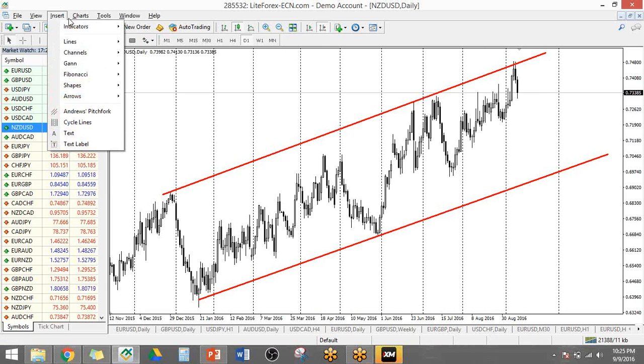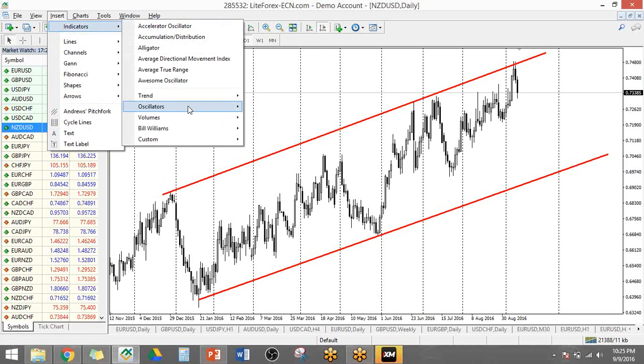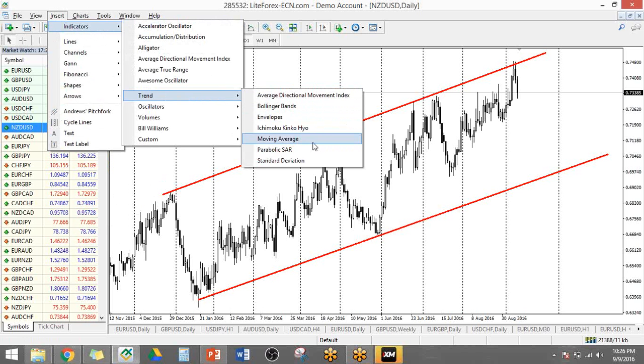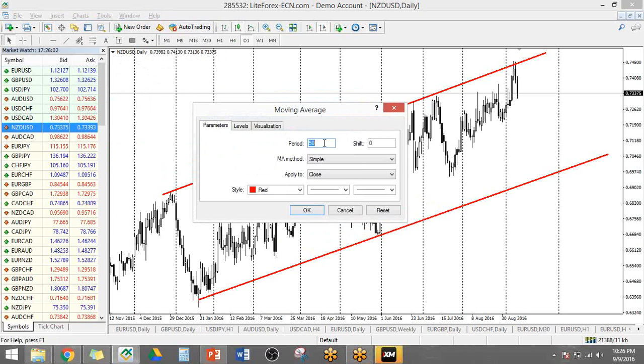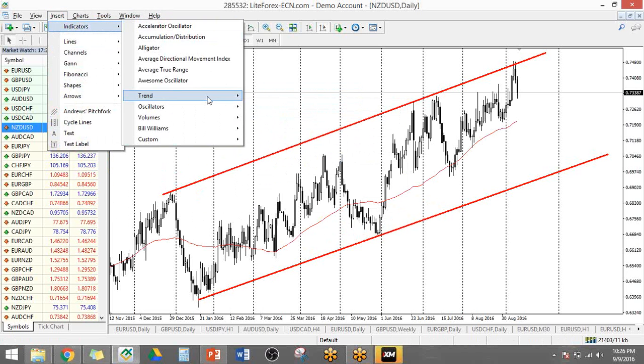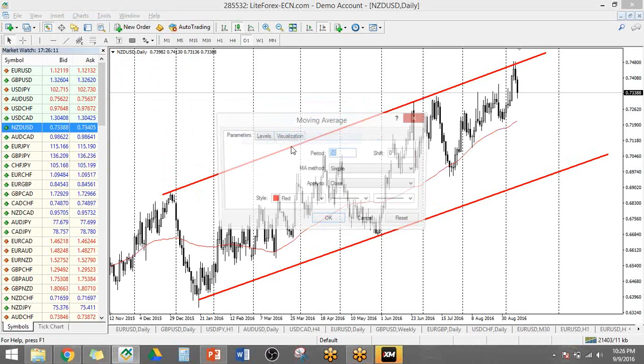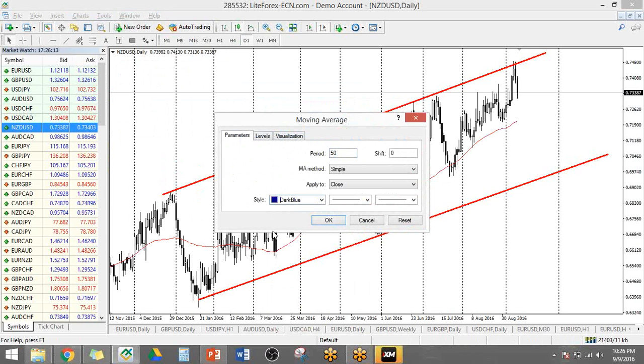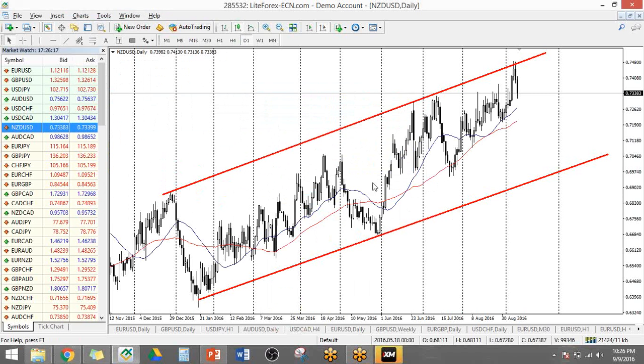Let's try to plug it in. You have indicators, and then trend, moving averages, and then let's go with 50, and then you have to plug in another one so that you know if there's change in trend. Let's go with the blue one. Go half of it, 25. There you go.